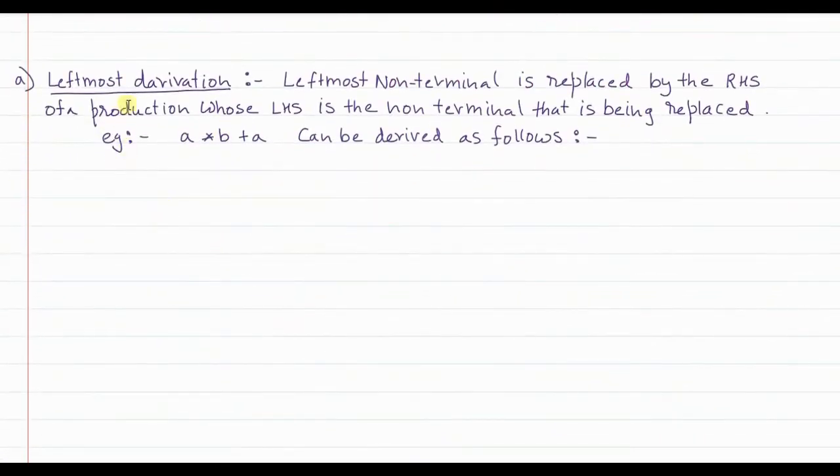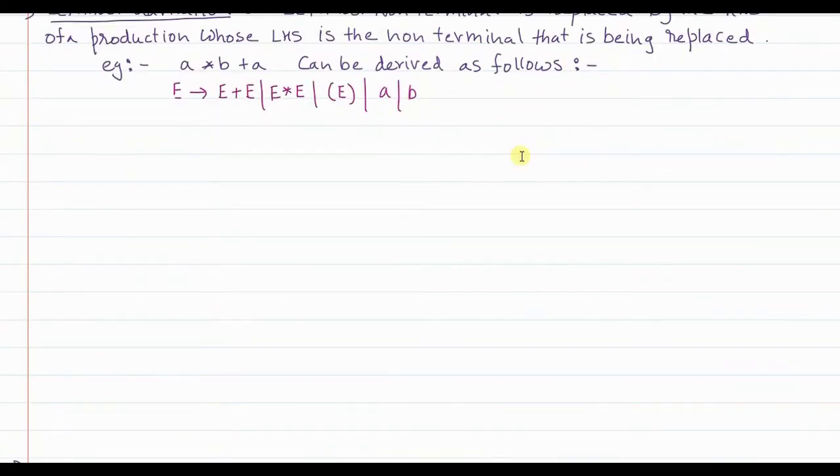So what is leftmost derivation? Leftmost derivation is the one wherein the leftmost non-terminal is replaced by the right hand side of a production whose left hand side is the non-terminal being replaced. Just for an example, again I want to derive the string A into B plus A, and I will take the same productions that we were given. I want to get this string A into B plus A. So I will now show you how to derive it